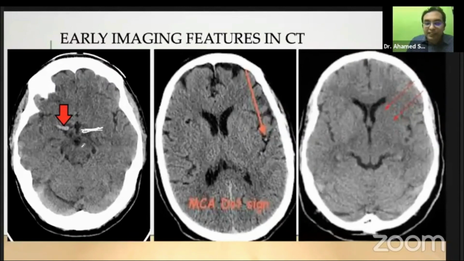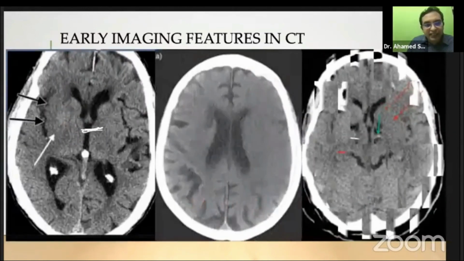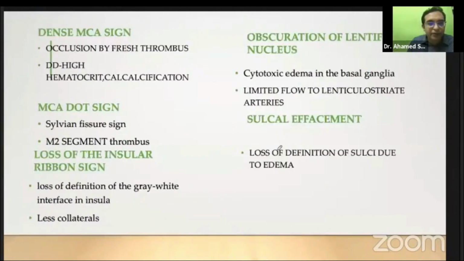And this is just because the patient was dehydrated and his hematocrit was high. As you know, he was a chronic alcoholic, and he had a binge of alcohol without taking water. And the problem with this is that being an alcoholic, he had developed seizures and he had developed a Todd's palsy. So high hematocrit can produce a false dense MCA sign. Just a point to remember.